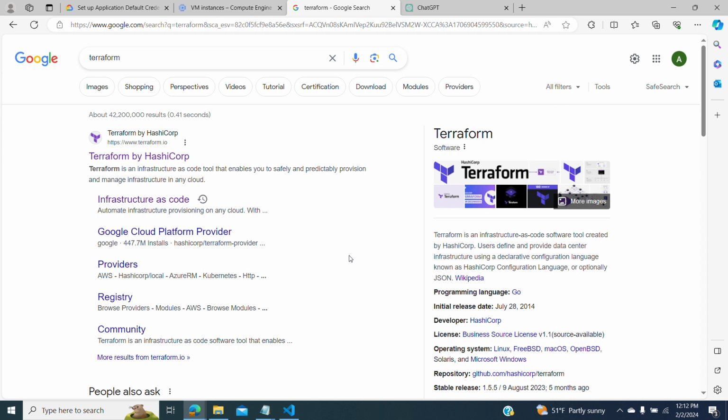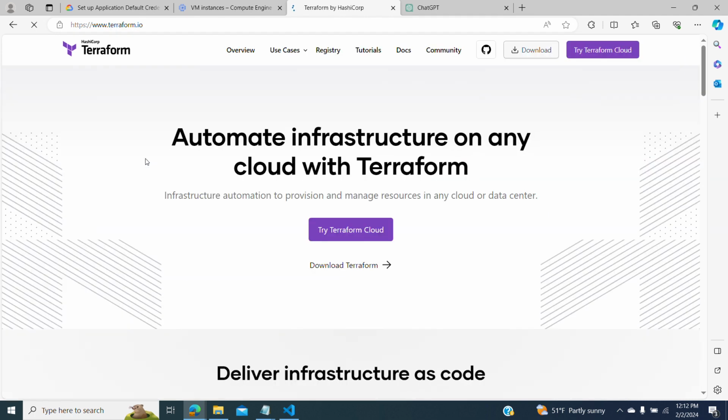Everyone, welcome back. In this video I'm going to show how to use Terraform. It's software for writing code and creating infrastructure. It is effective and useful for different cloud providers, but in this video I'm going to show how to use it in Google Cloud. I'm going to show step by step how to create an instance through Terraform code, but first we're going to start to